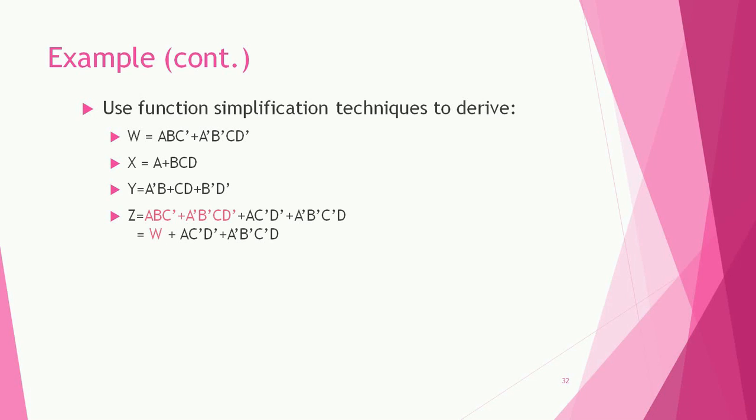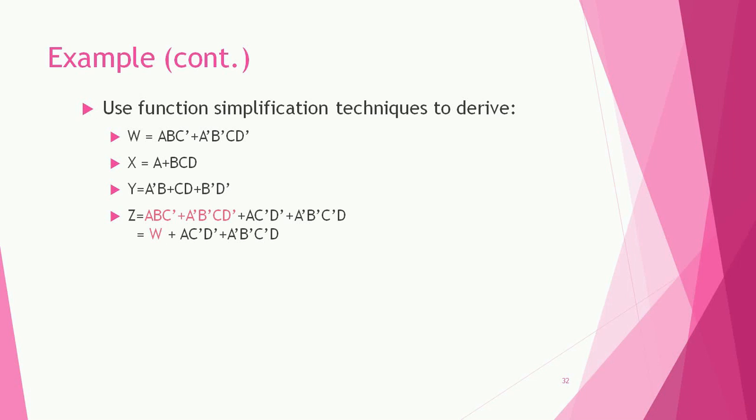First thing is to solve the K-map and obtain the output expressions. So I will solve 4-variable K-maps. Because 4 outputs are there, so 4 K-maps. And why 4 variable? Because 4 inputs are there, ABCD. If you observe carefully, the expression for W is ABC bar plus A bar B bar plus CD bar. And the expression for Z is ABC bar plus A bar B bar plus CD bar, A bar B bar CD bar plus AC bar D plus A bar B bar C bar D.